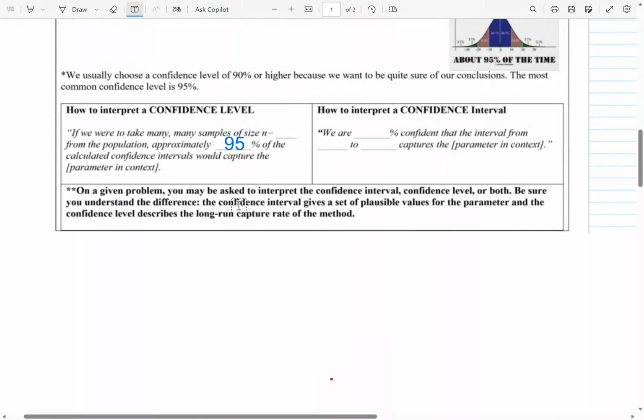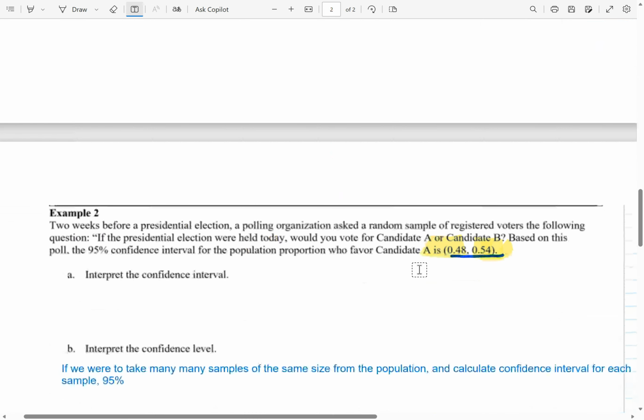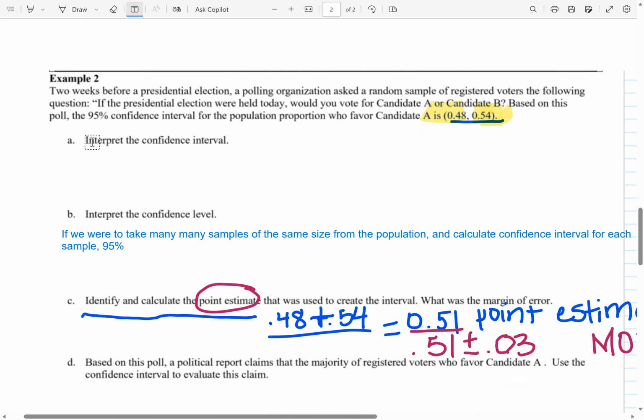Then the other thing you'll have to do is you have to interpret a confidence interval. So the way that you interpret it is with this script. You would say, we are whatever percent confident that the interval from the beginning to the end captures that. So here's what it would look like here. If we have to interpret the confidence interval, we would say, we are, and then I look at however percent confident we are in the problem, we are